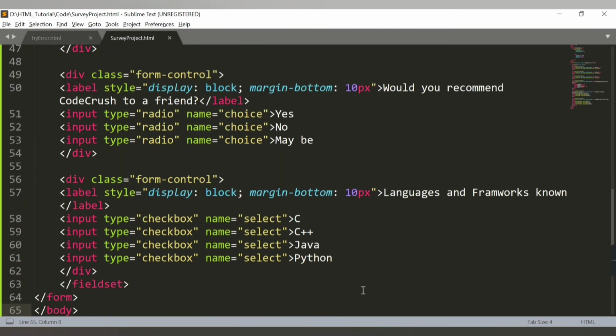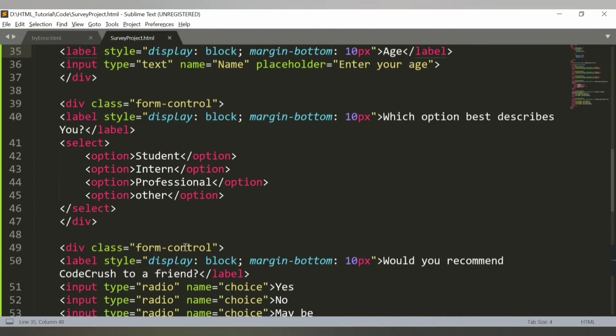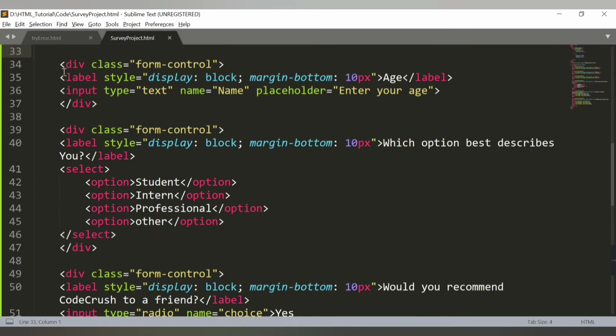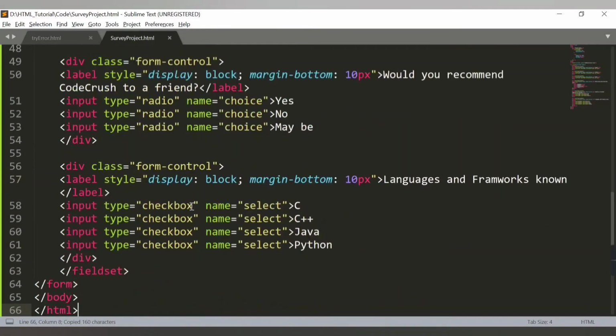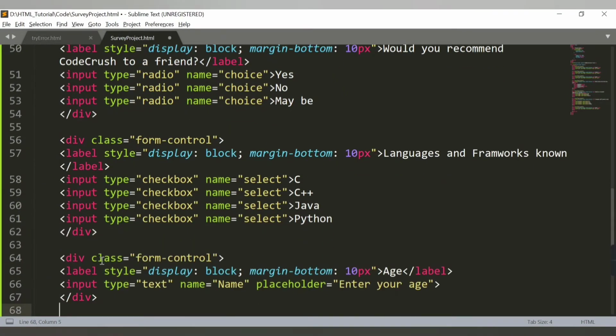Let me copy one of the labels. Here we will add after the checkbox, what was the label for that? Any comments or suggestions.